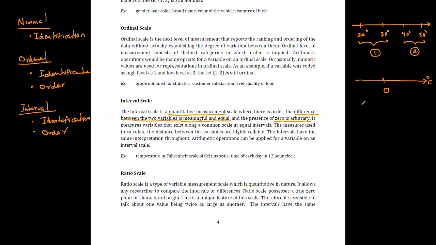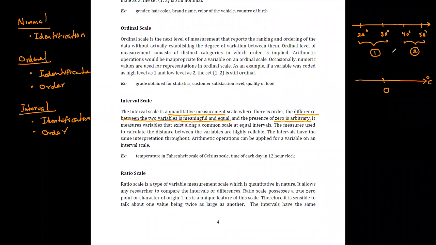But now think about the next part of this. It measures variables that exist along a common scale at equal intervals. This is what I have explained here. Then the measures used to calculate the distance between variables are highly reliable. It means that if you are using this interval scale of measurements rather than the ordinal scale or the nominal